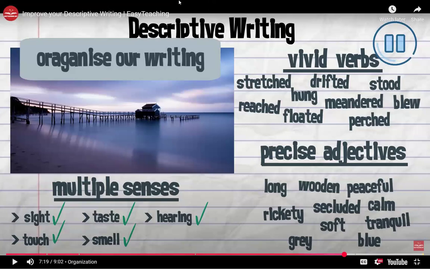Okay, Dan, excellent. The sky softened into light shades of blue and purple, and they danced with the dull gray clouds. I like that, danced. Meanwhile, the sea calmed as if it was playing a light melody. Beautiful, Dan. Yes, we've got a lot of things in there. That melody is giving us sound, senses, great verbs when we talk about how the sea calmed. We've got some colors in there, dull gray clouds, but we are also talking about how the sky colors danced. Great, great vivid verbs. Thanks, Dan.